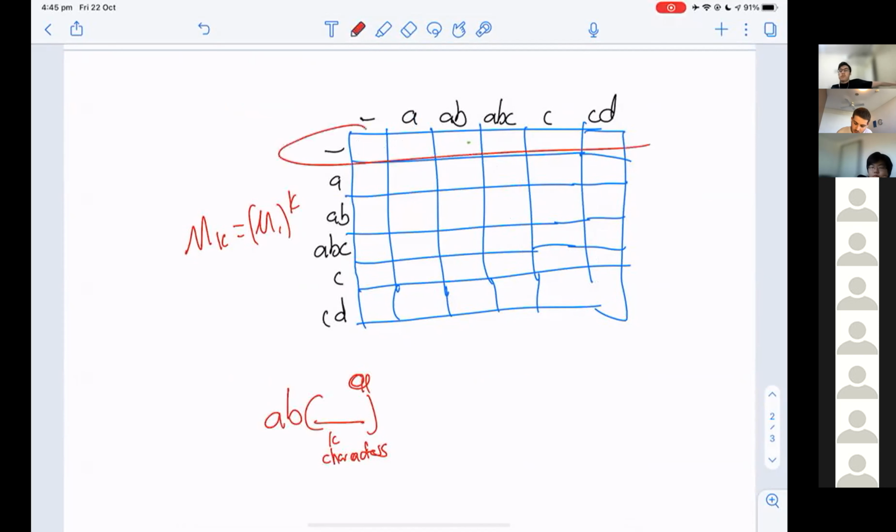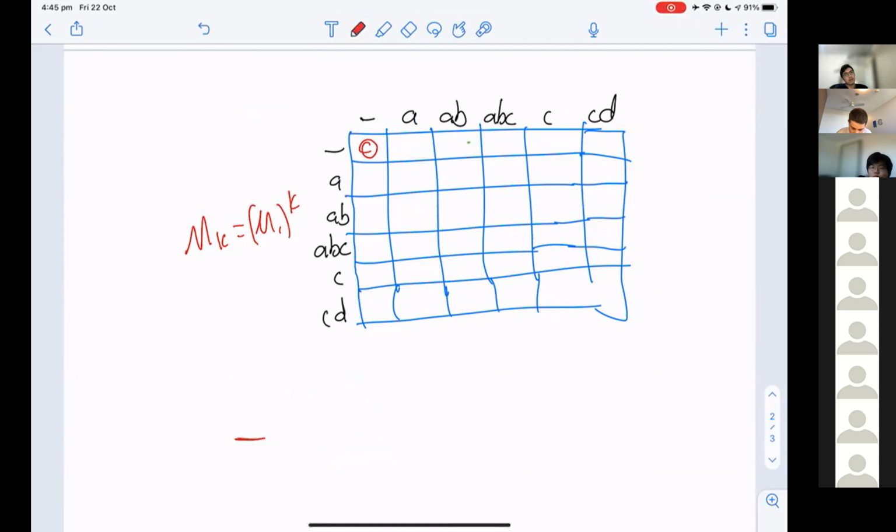Now consider the first row. Then this value here is the number of ways to start with an empty string, add K characters, not be juicy, and have the biggest suffix be the empty string. Then this value here is the number of ways to start with an empty string, add K characters, and have the biggest suffix be just an A, and etc., all the way along here.